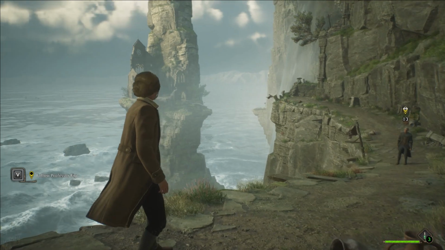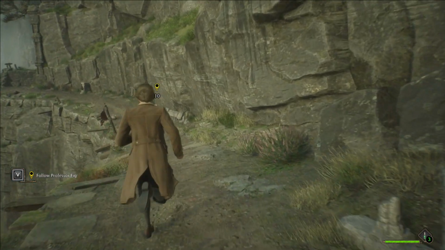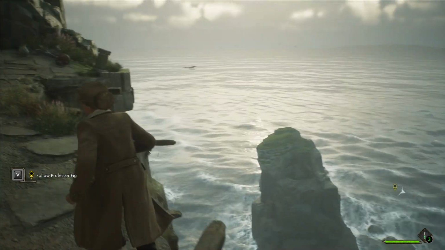Let's move on to the RTX 2060 test, because like I say, it's not bad, but it would run better with